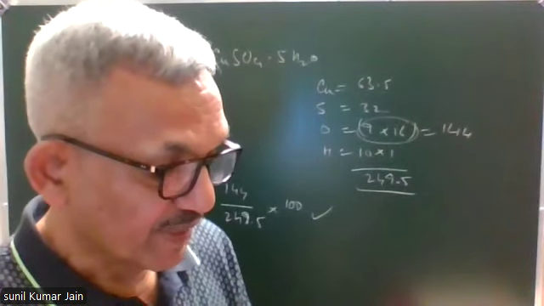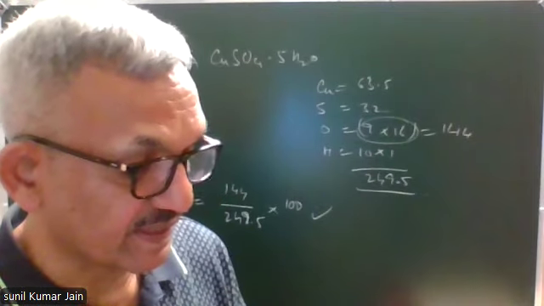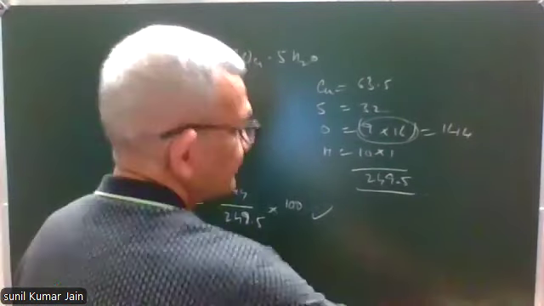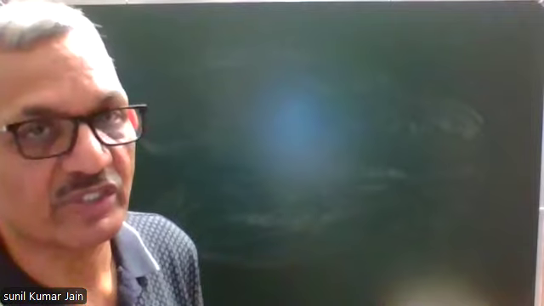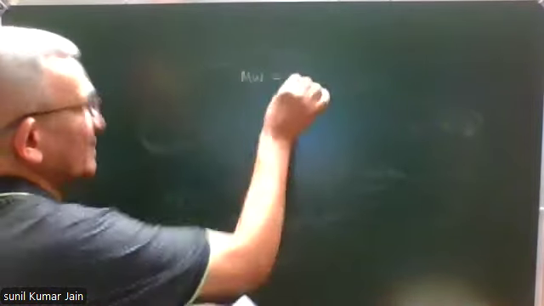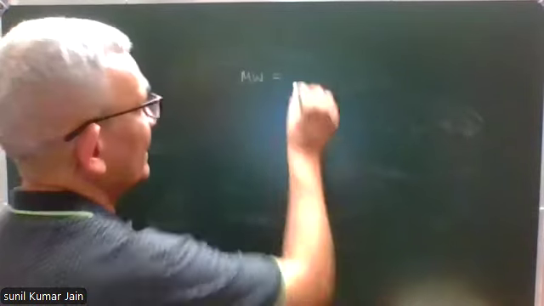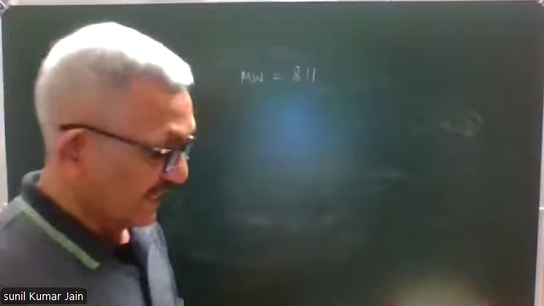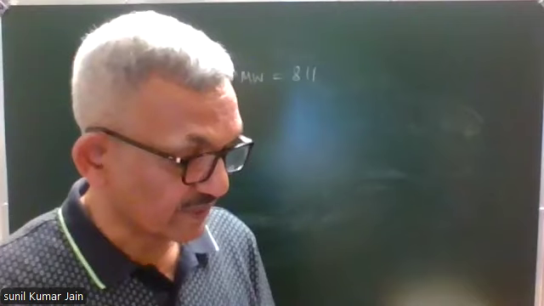Similarly, the second part, this is lead phosphate. Now, in this case, you'll first calculate the molecular weight. We will not waste time on the calculation of the molecular weight. You should be able to do that. So the molecular weight of this compound will come out to 811. And we have to calculate